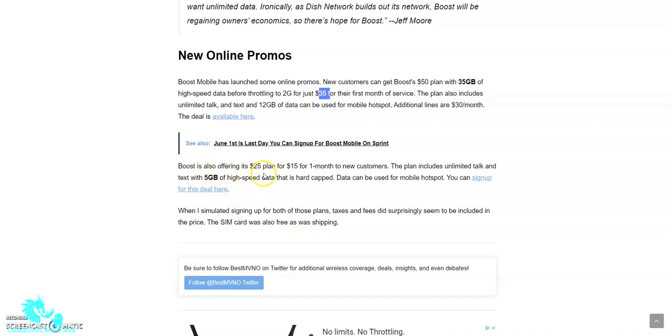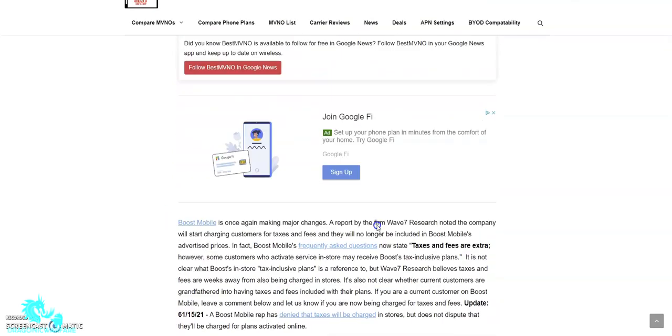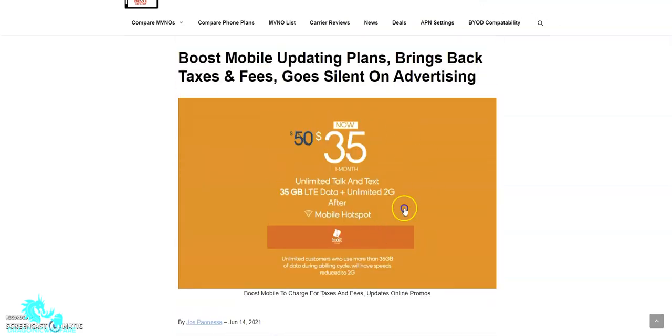So it's pretty cool. This is the other plan that they're offering. Boost Mobile is also offering a $25 plan for $15 for 1 month for new customers. So instead of being $25, guys, you get it for $15. That includes unlimited talk, text, and 5 gigs of high-speed data. Data can be used for a hotspot, and you can sign up for that deal. So lots of things, but basically, to break it down,